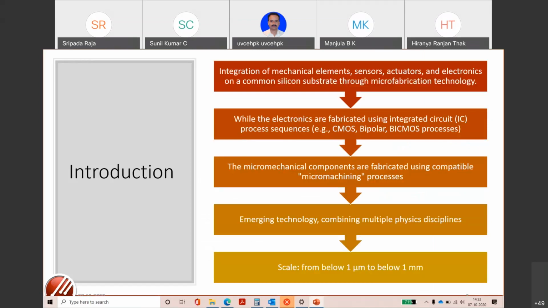It's an integration of mechanical elements with sensors, actuators, and electronics. A MEMS device alone cannot do all jobs. It has to work with electronic circuits as well. So it is done on a common silicon substrate through microfabrication technology. The specialty of MEMS sensors compared to other sensors is the mechanical motion that it involves. There are IR sensors, thermal sensors, and chemical sensors. Those are also sensors, but the specialty here is that it has an actuator,